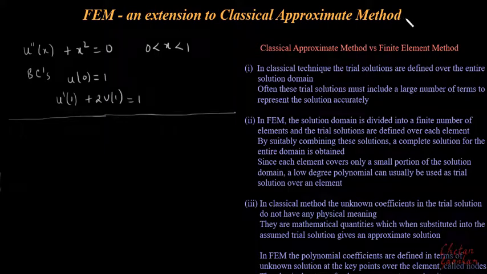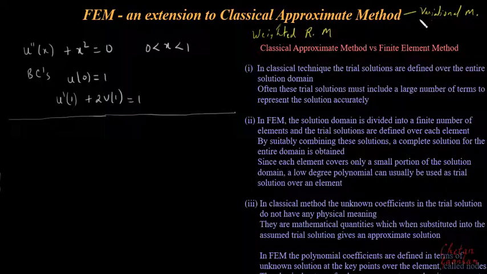Now we have seen all the classical approximate methods. That is, the first method which we had seen was a variational method, and the second method which we had seen was the weighted residual method. And in the variational method, the method which we'll be using constantly along with the FEM is